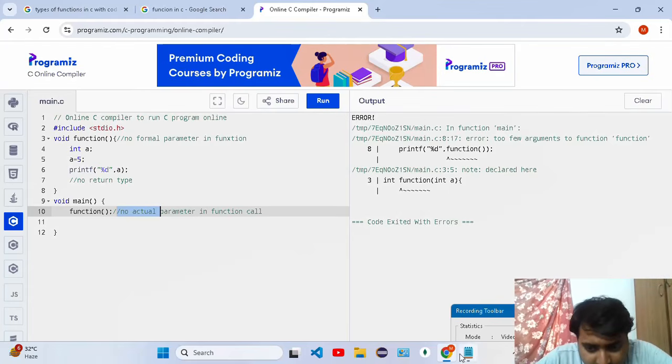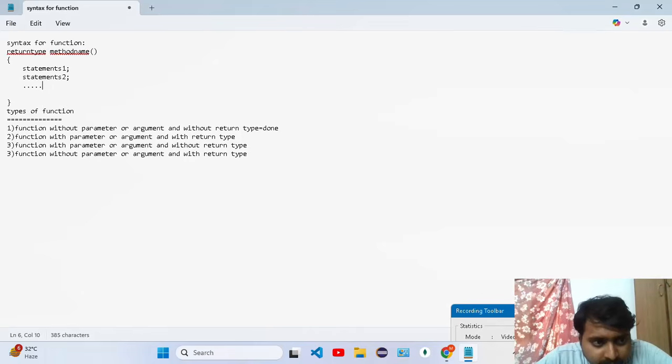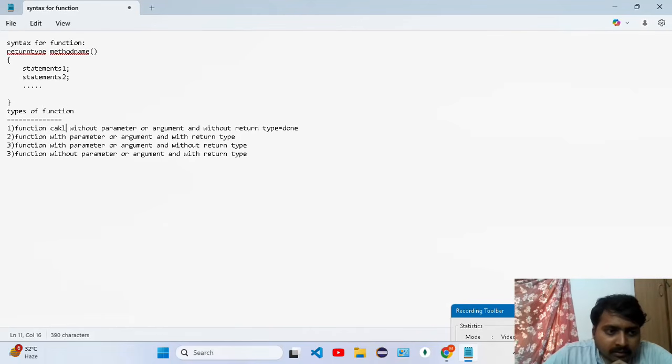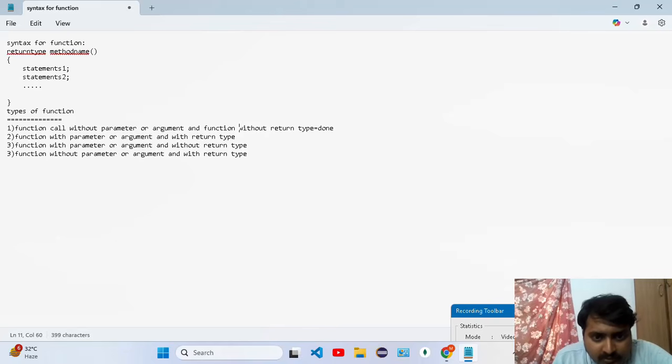Function call with no parameter, and function with no return type. I should write it like this, function call. So shortcutly we write like this. This is the meaning of a function call without parameter or argument, and this is the actual function, not function call, function without return type. So this is a meaningful function call with parameters or arguments, same thing, function